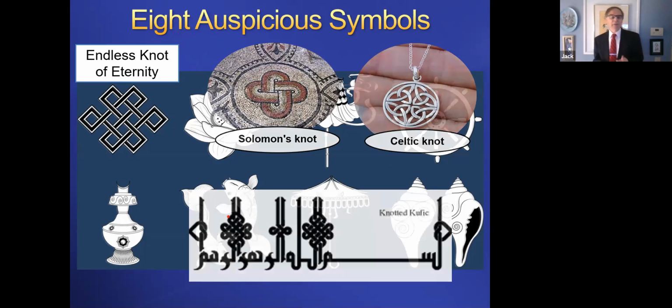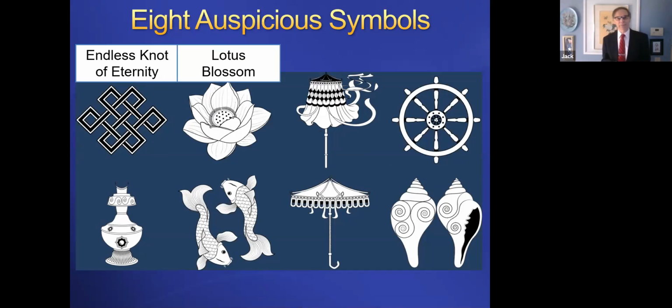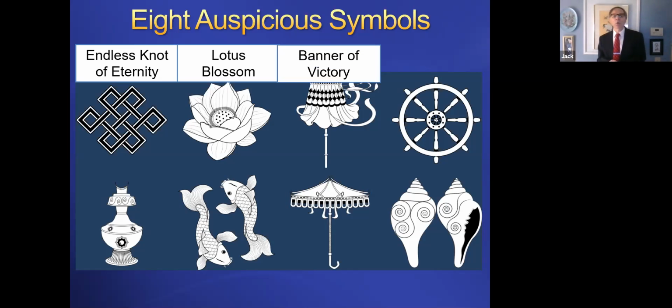Well, some of these other symbols are the lotus blossom, and that's a symbol within Buddhism as well as in Shintoism. Actually, it goes back to other religions as well. It was very popular in Southeast Asia to represent some type of resurrection or reincarnation, because you have some kind of muddy water there, and then out of this muddy water comes this beautiful, pristine flower. So that's this idea of coming to life, or reincarnation or nirvana.